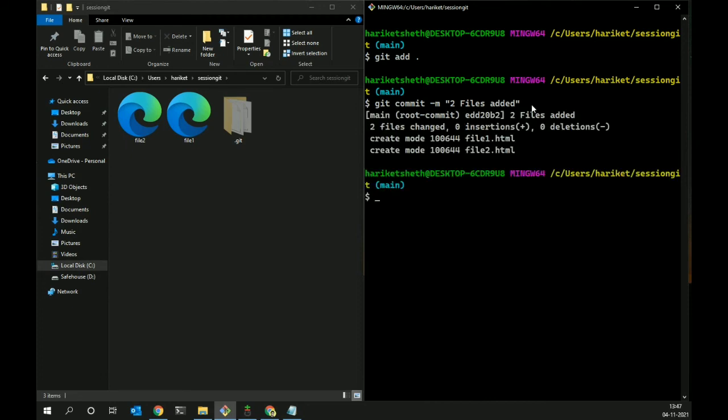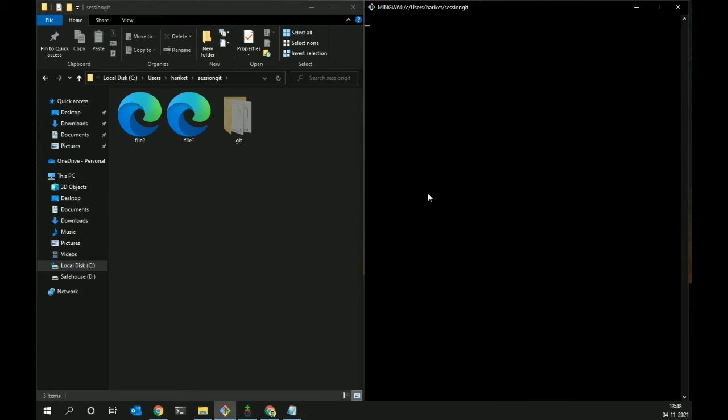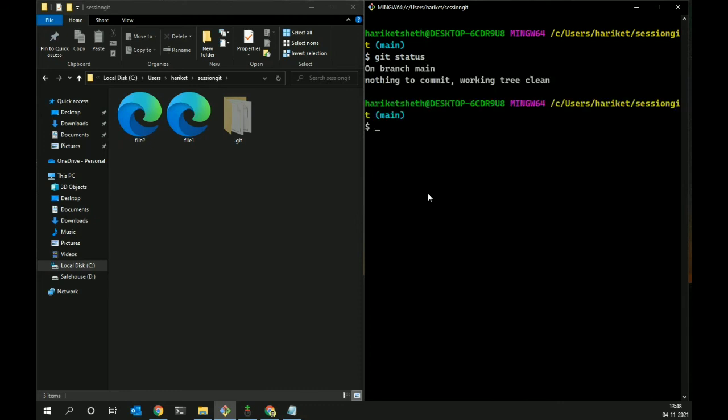Okay, so now when I executed that, you can see two files added, two files changed. Obviously zero insertions were done, because we created these files, we didn't add anything. So empty files, zero insertions, zero deletions as well, nothing was deleted or added. So everything is clearly specified here. Now what do you think will the output of git status be? Will it show committed? No, because the scope of git status is from untracked to staging area.